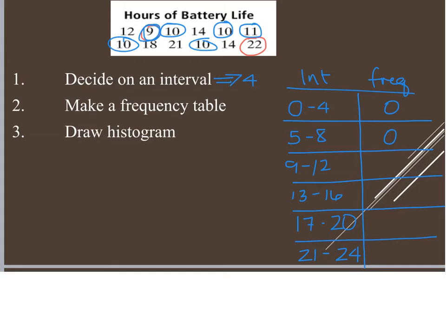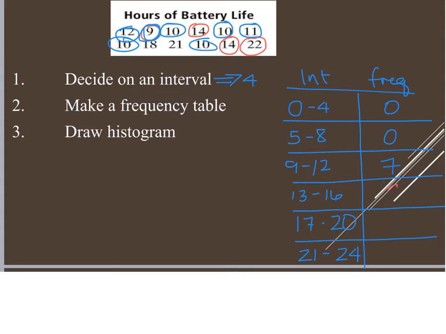So if I add these up, I have 1, 2, 3, 4, 5, 6. So I end up with 6 numbers that fall in the 9 to 12 range. Then in the 13 to 16, oops, sorry, I did miss one here. I missed the very first number there, which was 12, so that would bump me up to 7. Then in the 13 to 16 range, I can see that we have 14 and 14, so that's going to